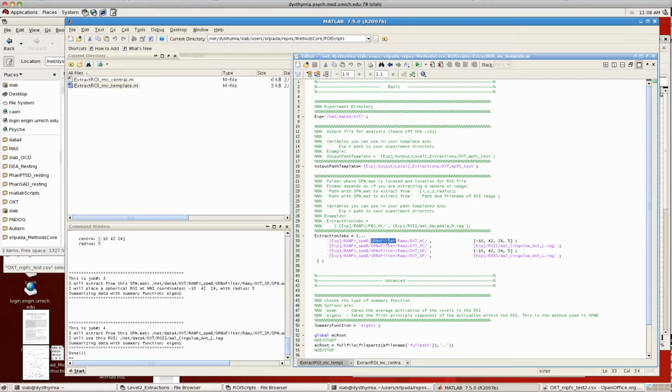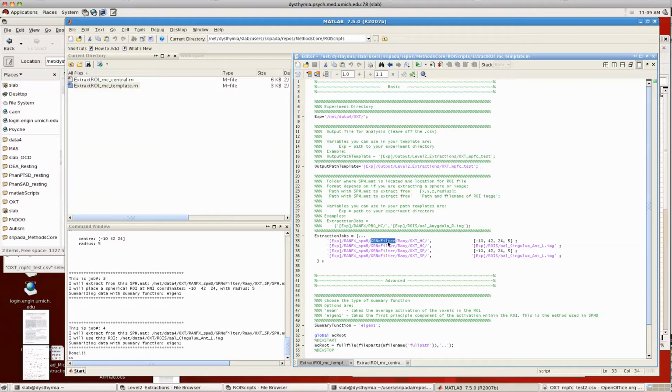Why do you need an spm.mat file, you might ask? Well, to be clear, this is a second level spm.mat. When you specify a second level spm.mat, you point to the first levels where your subjects and images reside, and all of those are stored in your spm.mat file. By specifying that spm.mat file, the extractor knows exactly what first level subjects and images to go to